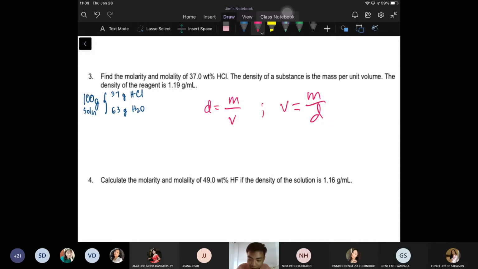Okay? So, volume, dito ko na lang sulat na maayos sa gilid. Volume of the solution equals mass of solution divided by density ng solution. So, we have volume solution. Numerator would be 100 grams. Density ng solution would be 1.19 grams per ml. Okay, so for sure may decimal to. Divide lang natin. 100 divided by 1.19,